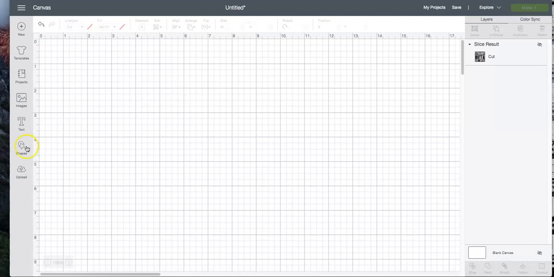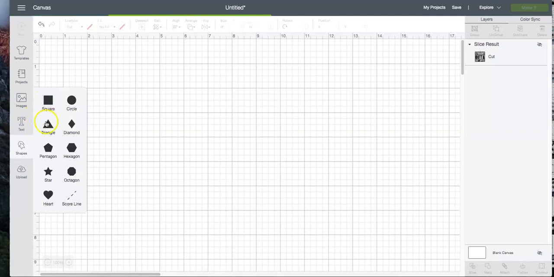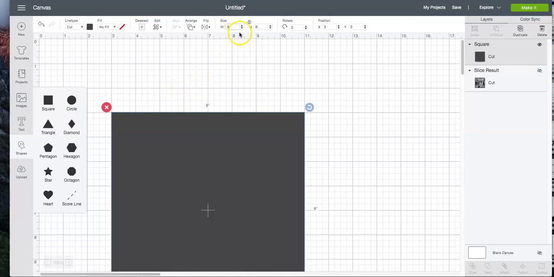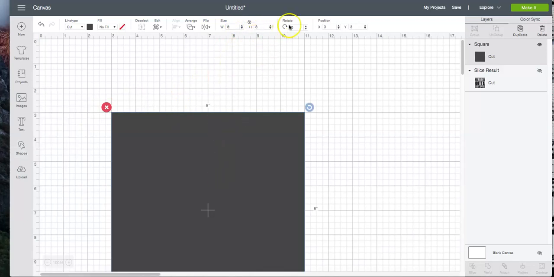So let's get started. Okay, the first thing we're going to do is go to column A to shapes, select the square. For your square, I want you to put 8 for width. And since it's locked, it's going to default at 8 by 8. Okay, the next thing I want you to do is go over here to position in your top bar. The position that I want you to put your first big box in is, let's see, position 1,